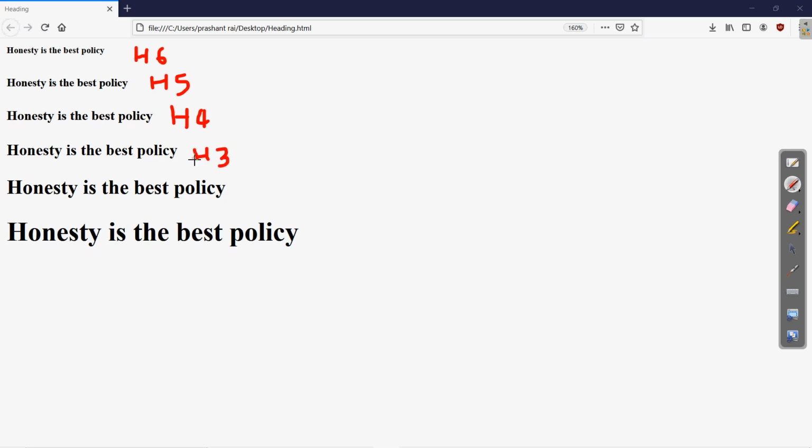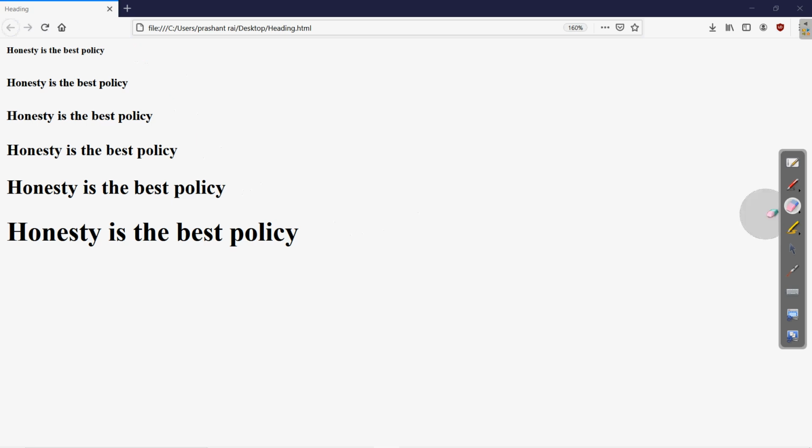So as the number decreases, the size increases. So H1 is the largest and H6 is the smallest. Clear? So these were the 6 heading levels in HTML.